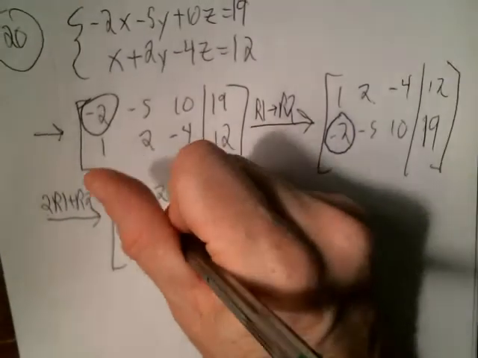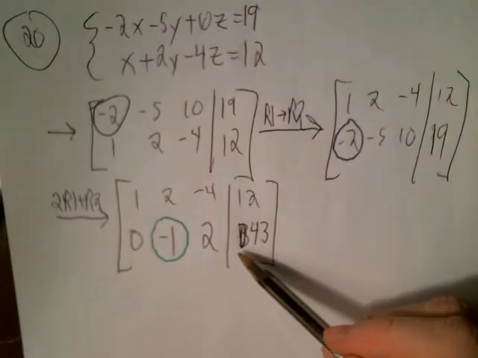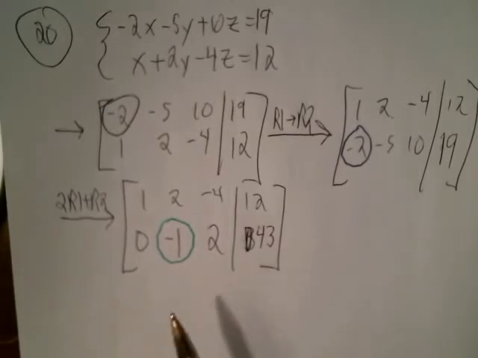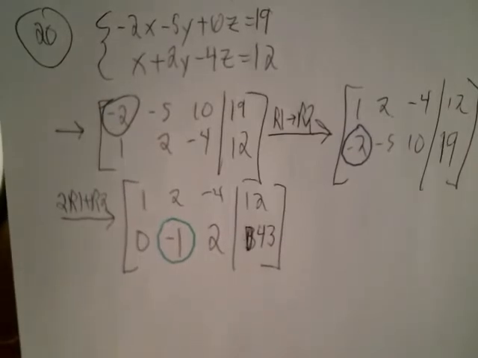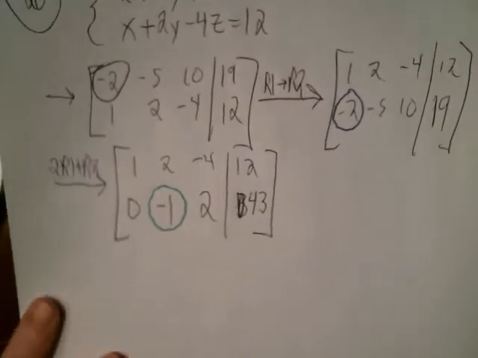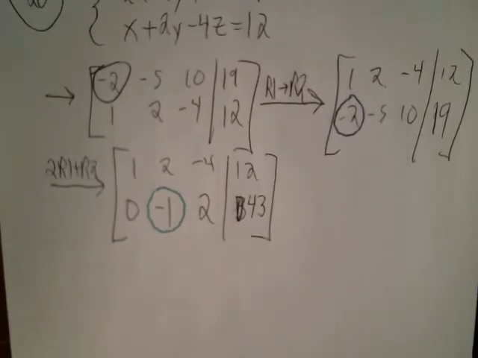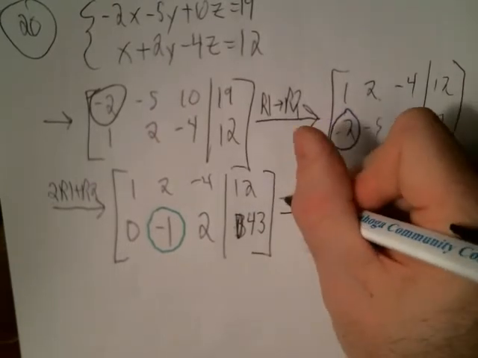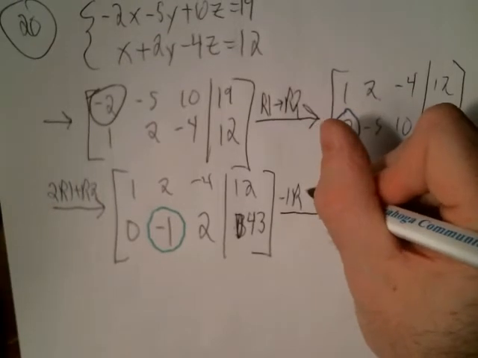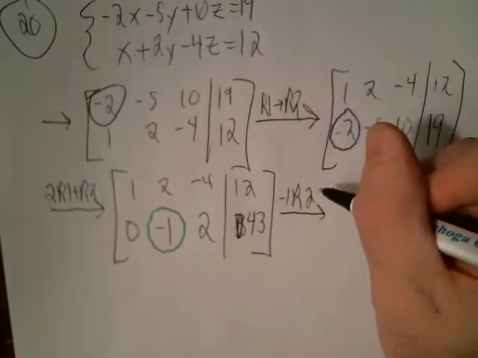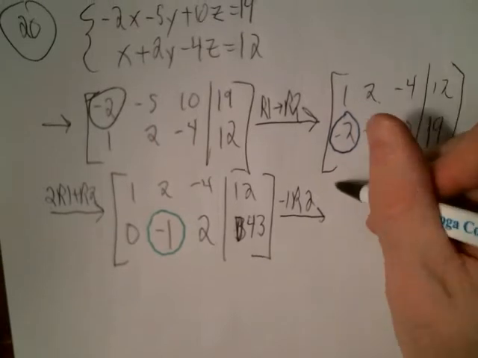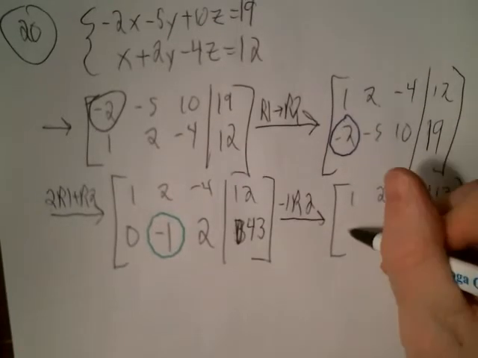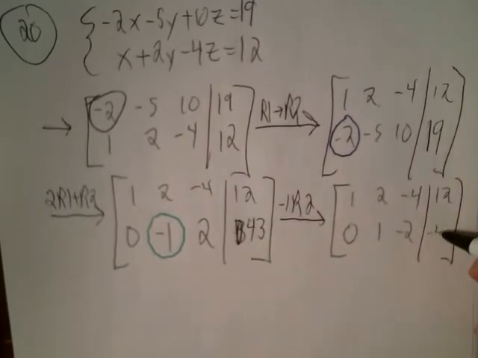Now you want to get a 1 in this position. So you try your best to reproduce this nice 1 on the diagonal form. Sometimes you have to have 0 here, and a 1 here, and in those cases, you just kind of revert back to our equation system and see if you could solve it from there. Anyways, I'm going to have to multiply by positive 1 or negative 1 here. So negative 1 times row 2. I'm just making sure I'm on track with my notes here. Okay, and so we get 1, 2, negative 4, 12, and then here 0, 1, negative 2, negative 43,